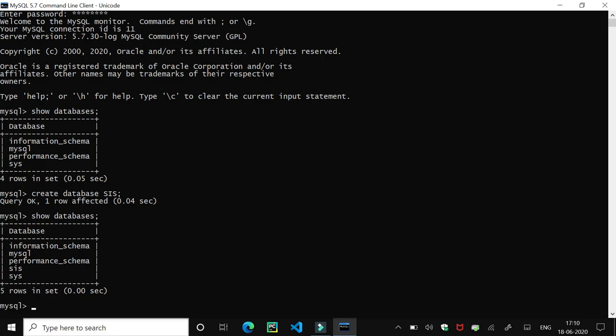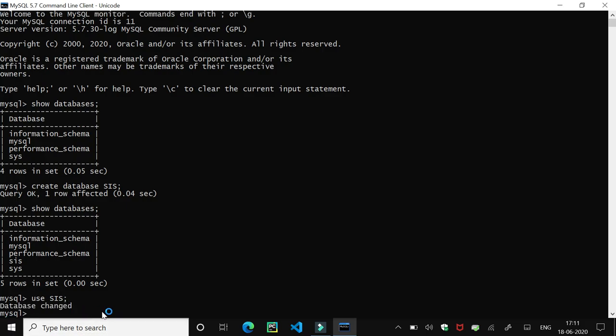Now just I want to create the tables in this database. So just I need to open that database, go into that database. So the command is use, and just I need to give the name of a database. So the name of database is SIS here. So when I enter use SIS terminator, then the message appears here as database changed.